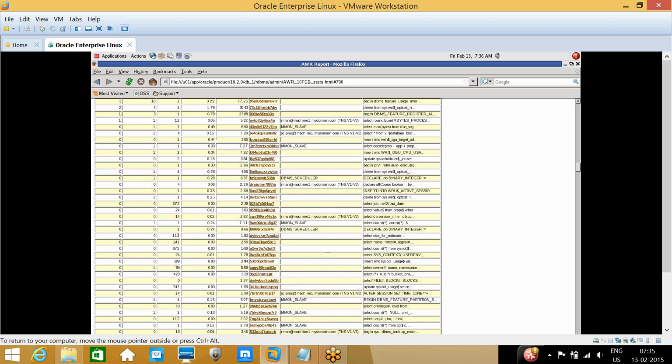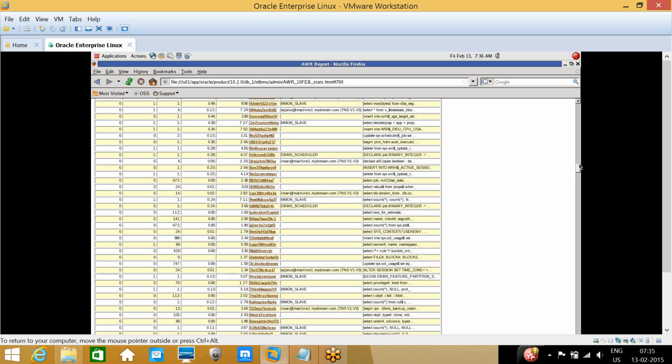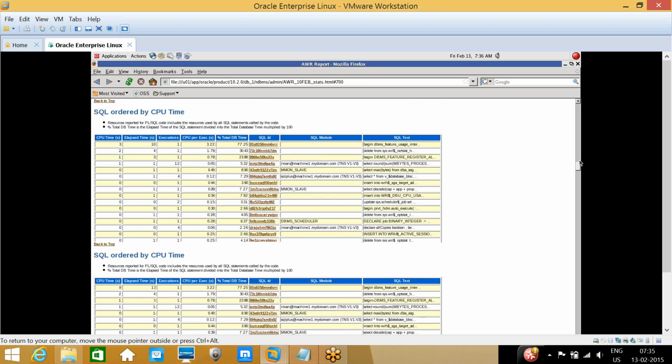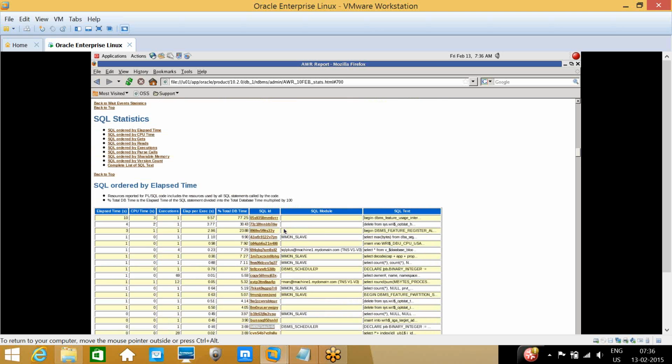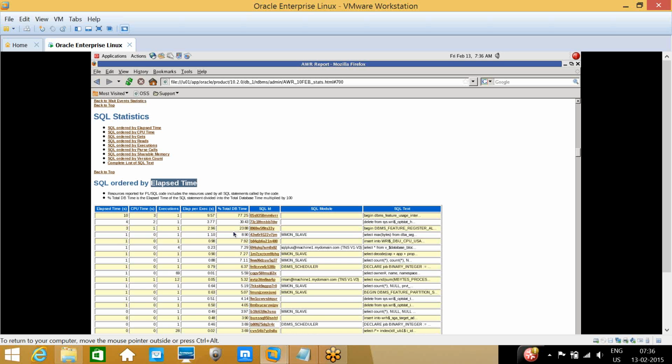Suppose you identify one of the SQLs in the section ordered by elapsed time. I identified this SQL ID here, right? Then we need to check that SQL ID in other sections also.